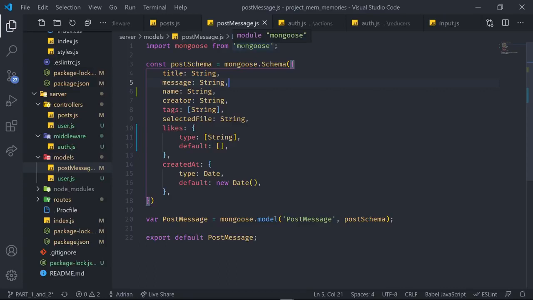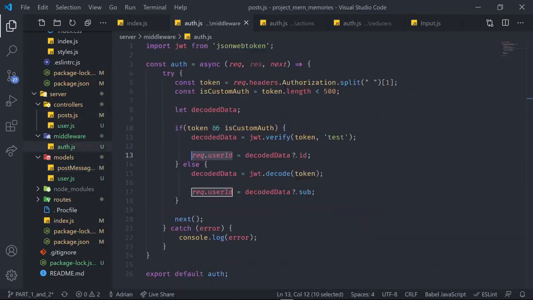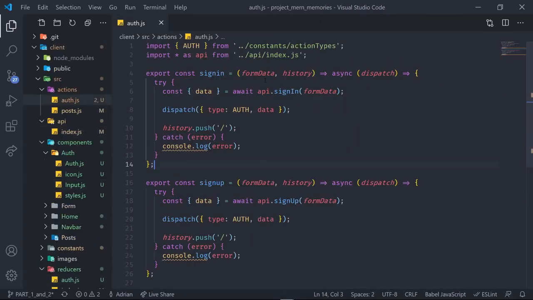Like, what is even JSON Web Token? How does that relate to middleware? And why are we adding headers and a token each time that we send a request from the front end? These things can definitely be daunting. So if you're having some troubles understanding, definitely make sure to rewind some of the parts of the video and